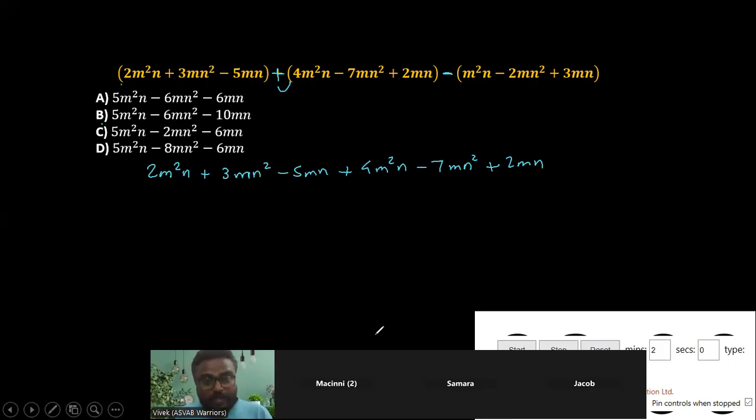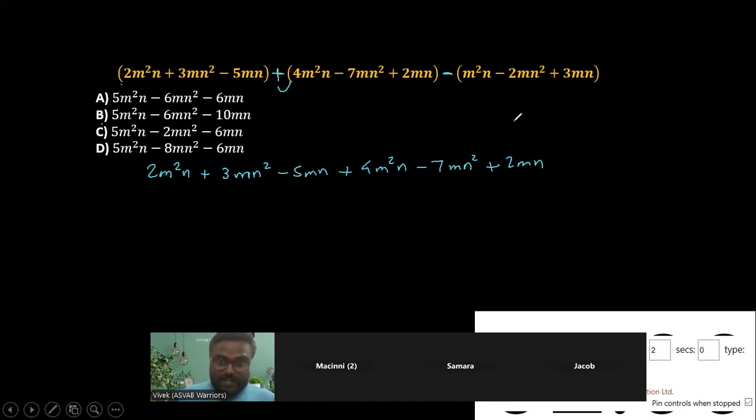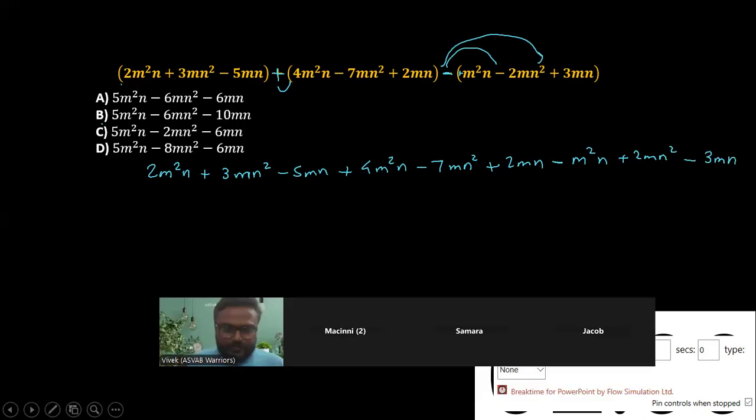Whenever there is a negative sign outside the parenthesis, all the signs change. Here there is a positive, it will become negative. Minus m square n. Here there was a negative. Negative times negative will become positive. 2mn square. Here there is a positive, it will become negative. 3mn. Now, whenever you have some expressions like this, the first thing that you're going to do is combine the